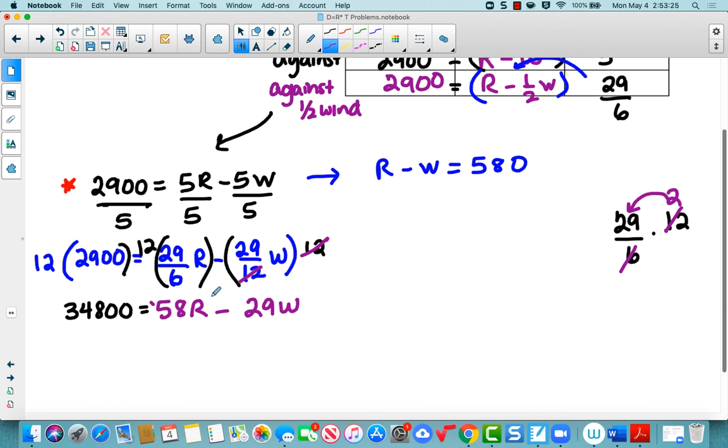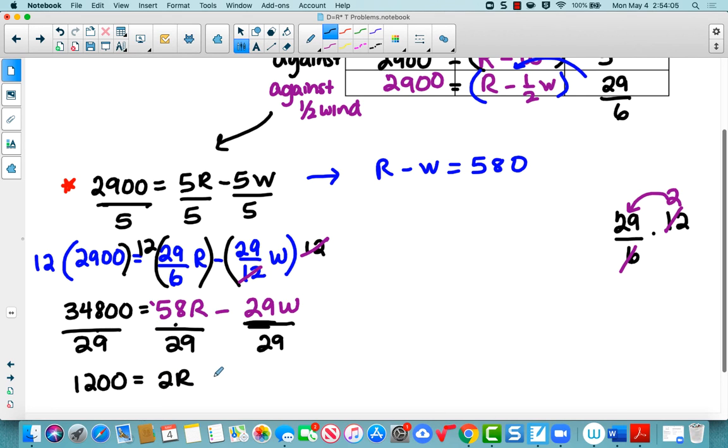Okay, I do not want to be dealing with numbers like this. So my technique here is to take the smallest number and see if it is a factor of both 58 and 34,800. So I'm just going to take 58, and I'm going to divide it by 29. It does go in. And 34,800, I'm going to divide it by 29, and it does go in. So I'm going to divide, instead of 5 like I did in the earlier one, I'm going to divide them all by 29. Okay? So if I do that, that gives me 1200 equals 2R